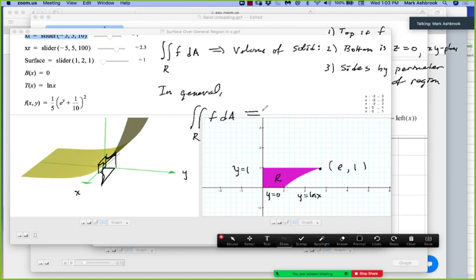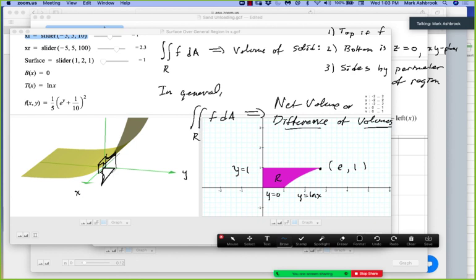And that's why in general we get what? Net volume, which is a difference of volumes. So that's always correct. Sometimes you get volume, but you can always talk about how you get a difference of volumes from a double integral. So when the surface goes negative, then in those places that will be the bottom of the solid,